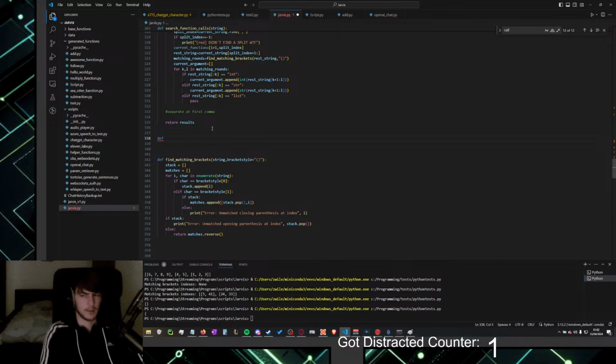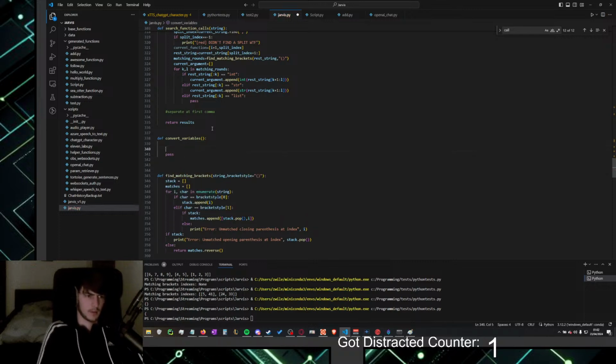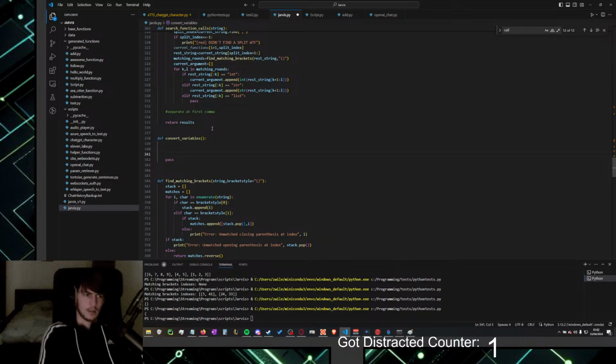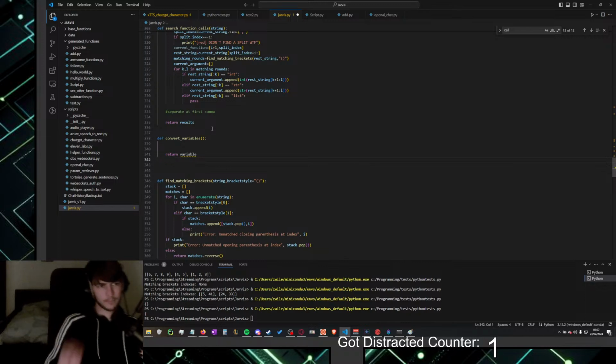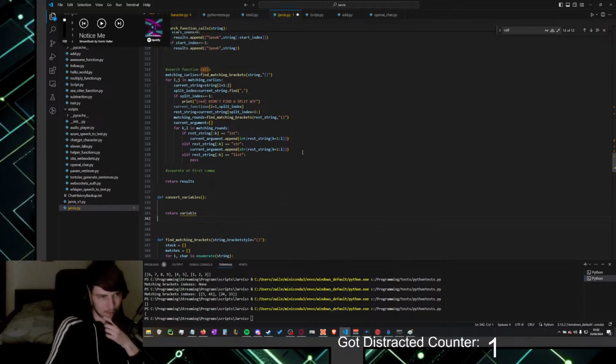Def convert variables. Okay, return variable. Actually, now, okay, let's pause the music and think about this for a second.